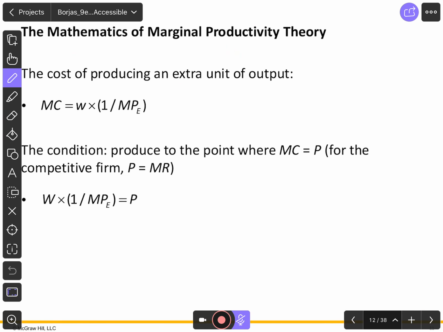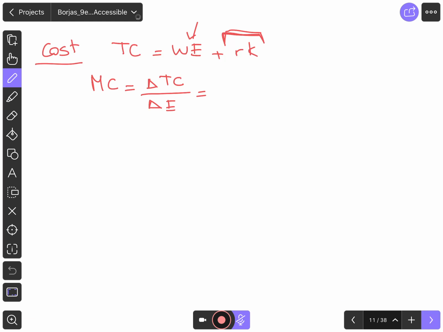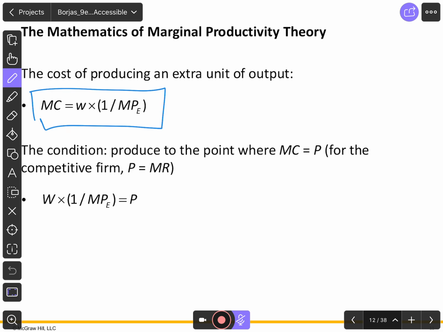But here, this brings us to the same equation, right? The one that I just wrote here. The marginal cost is equal to W over MPE. So the marginal cost is equal to W over MPE, right? It's the same thing as 1 over MPE. All right, so this one is telling us that they would